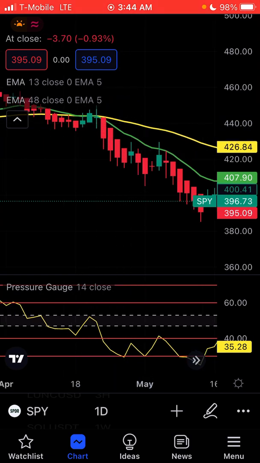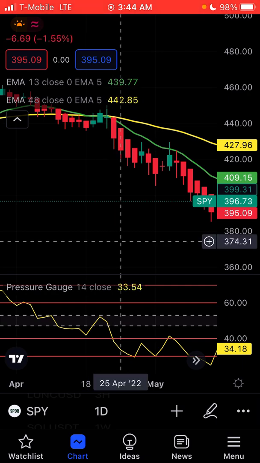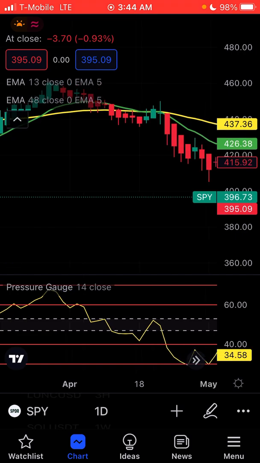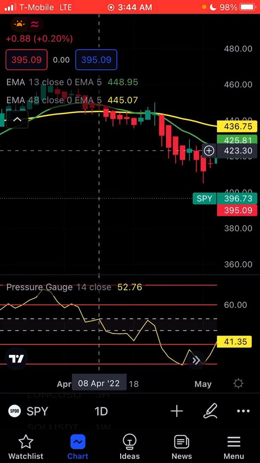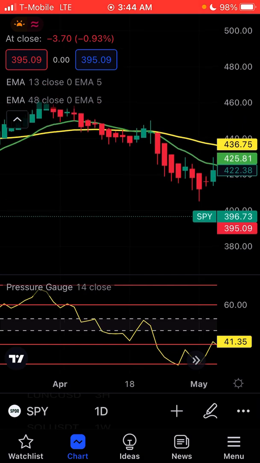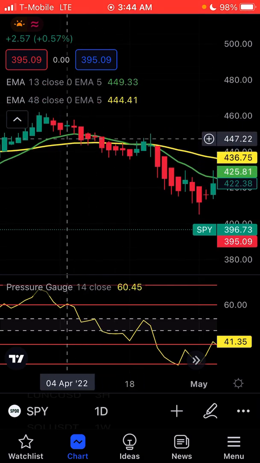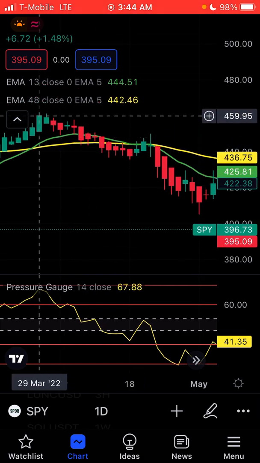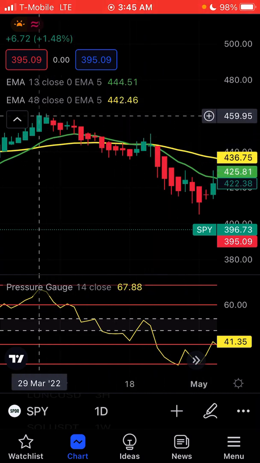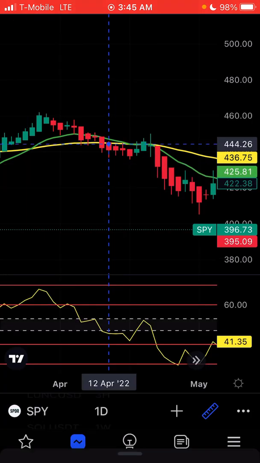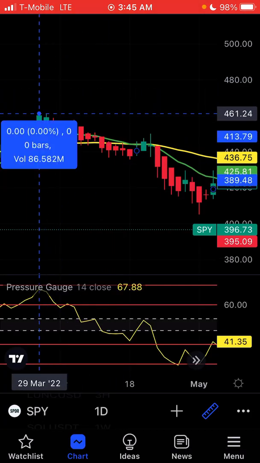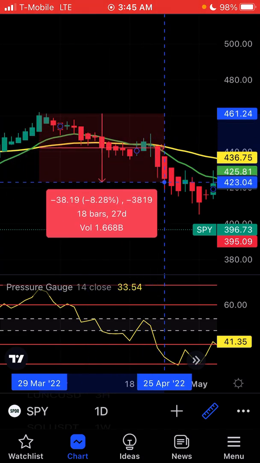So I wouldn't use the pressure gauge for that moment. But let's look. I probably would have used it up here at the top. You can't see it up here at the top. This is the moment I probably would have come in with my put, and then I would have ridden it down. And this would have been non-stop gains right up here. If you came in here and you put in for a put, rode it out down to the bottom,